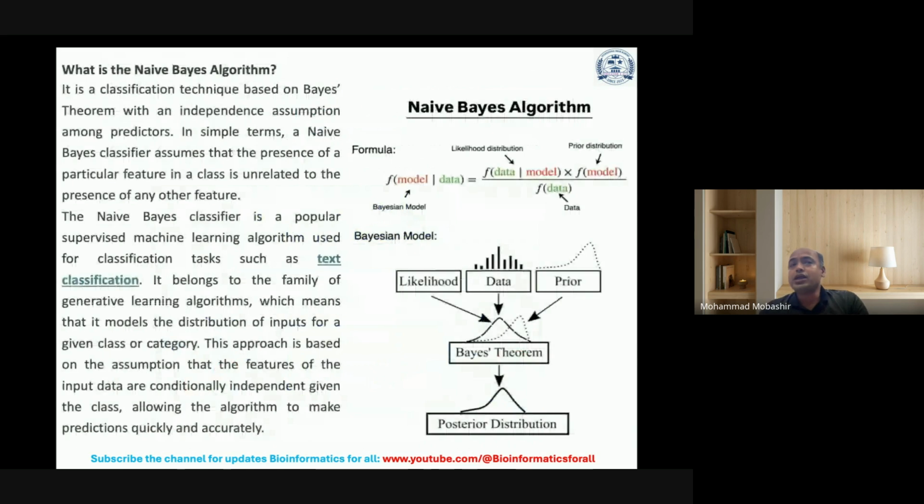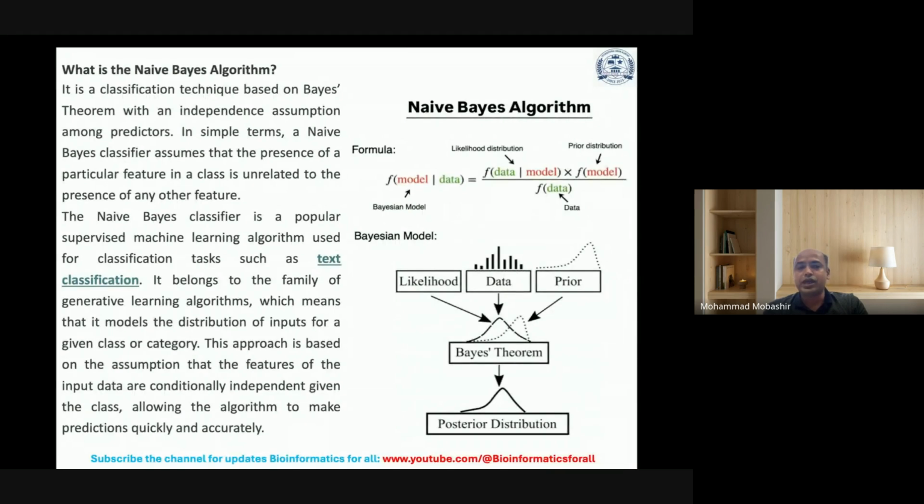Now, what is the naive Bayes algorithm? This algorithm is a classification technique based on Bayes' theorem with an independence assumption among predictors. In simple terms, a naive Bayes classifier assumes that the presence of a particular feature in a class is unrelated to the presence of any other feature. The naive Bayes classifier is a popular supervised machine learning algorithm used for classification tasks,